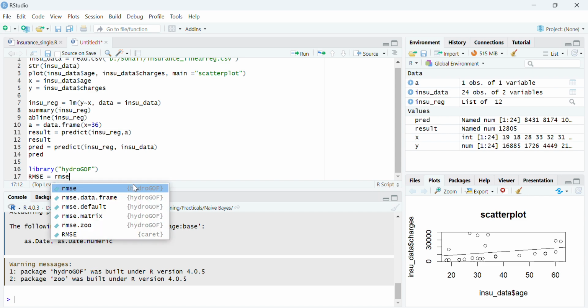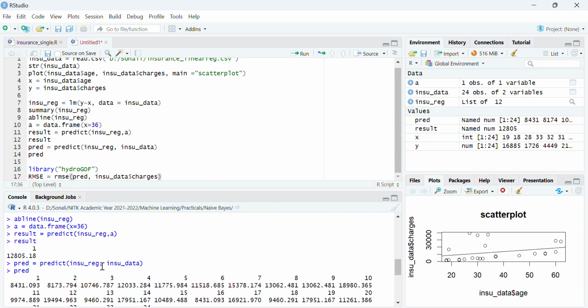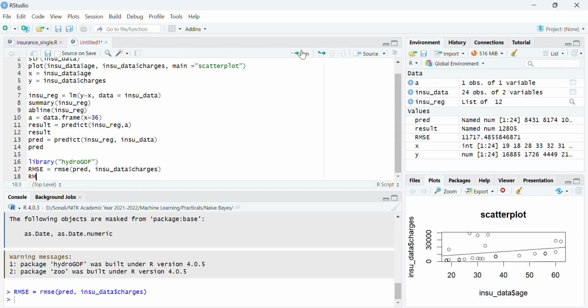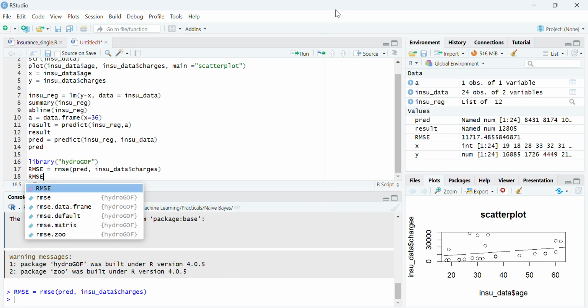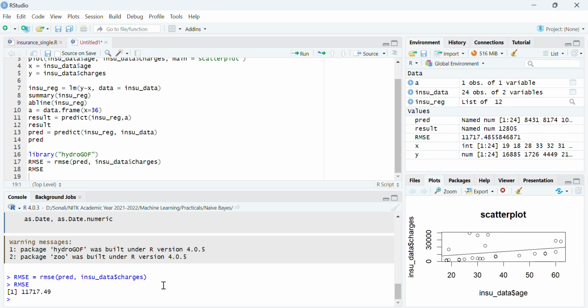You can use the RMSE function, with the predicted and the actual data which is there in insurance data charges. My model has predicted these insurance premiums, and I want to know how accurate my model has predicted. So let's see the root mean square error. So this is my root mean square error which has been computed.